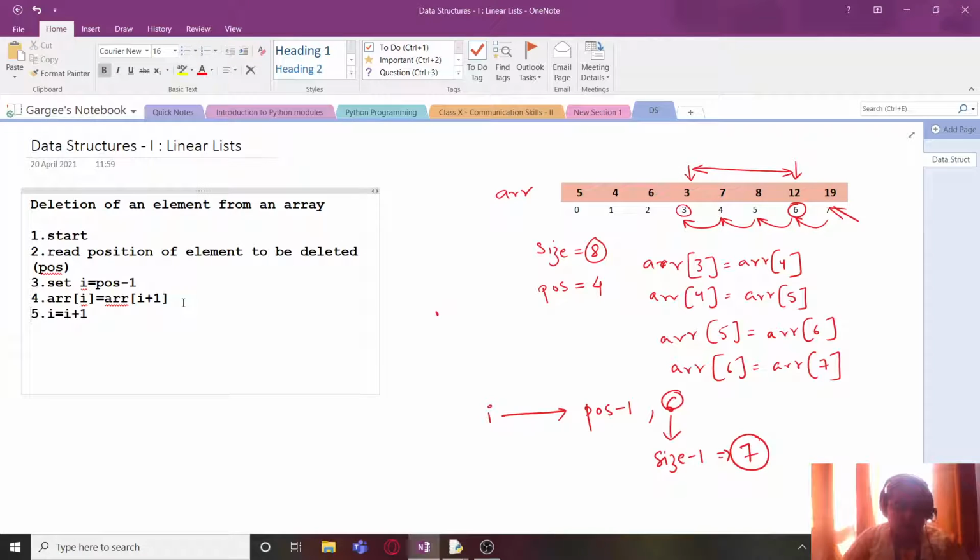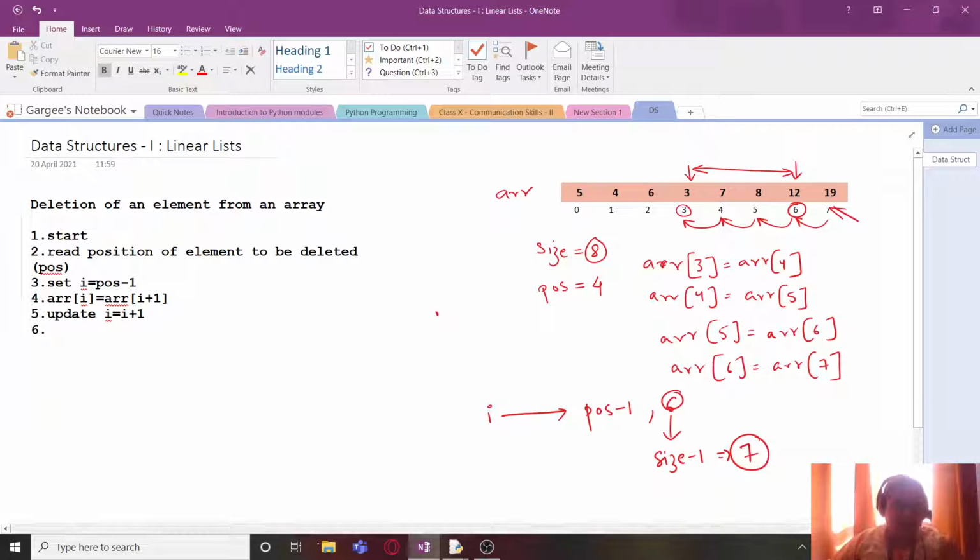That is, we have to update the expression. So we have set I equals I plus 1. So this way I will go on incrementing by 1. Now we have to check this factor over here, that is, till when should I be updated? Now once we have set this, we will be doing the dry run and there it will be even clearer to us. So I'm just going to write a condition here.